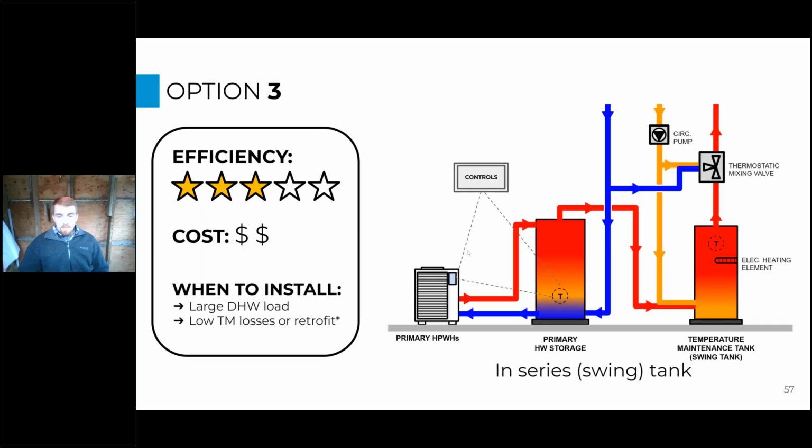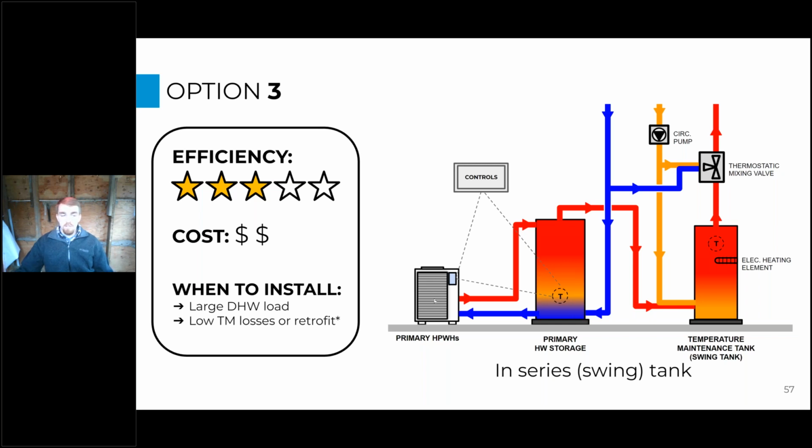And then the third option was the swing tank option, right? We give this, it's kind of hard. It's a little hard to rate this one generally in terms of efficiency, because if you actually do have a building with relatively low temperature maintenance load, maybe all the fixtures are pretty close together, but you have a really high usage, now you have extremely high COP for both loads because you have this primary heating system supplying the